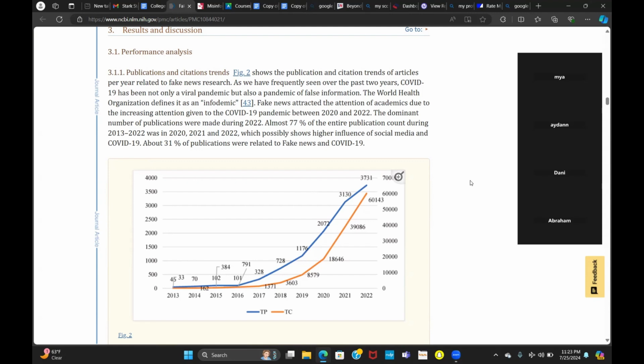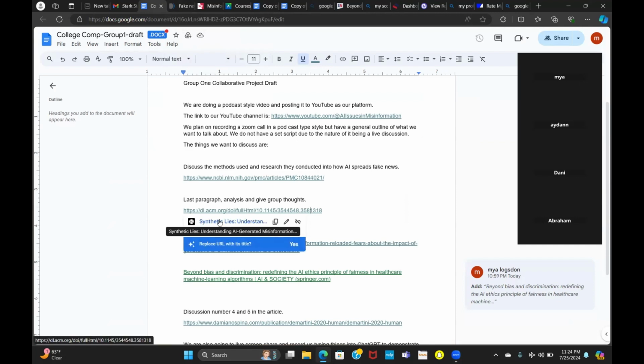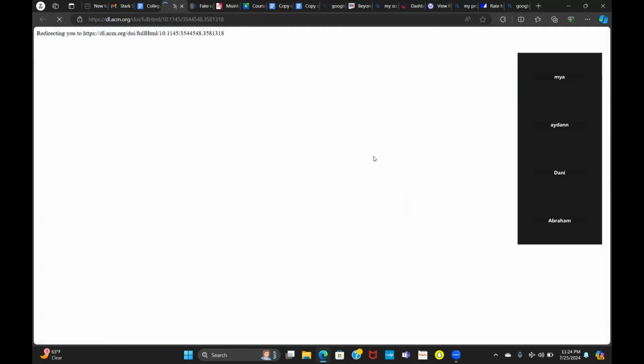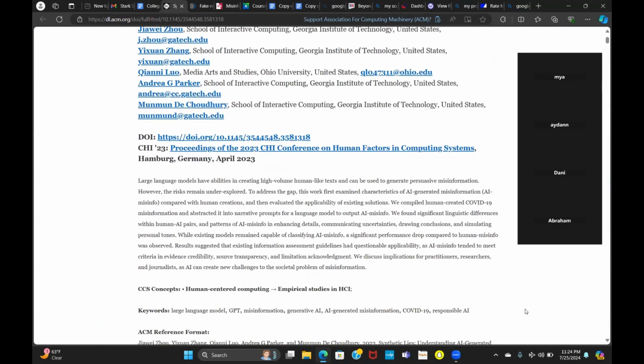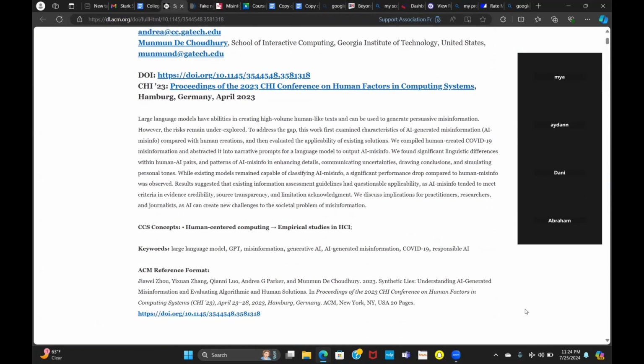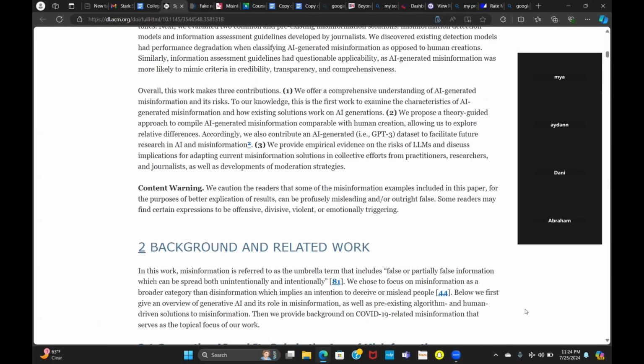Well, I can talk about my little piece of article here. The one that I found really interesting and wanted to talk about is about how easy it is to make fake news, and it ties into all of that. The section specifically that I want to talk about is 2.1, generative AI and its role in the age of misinformation.